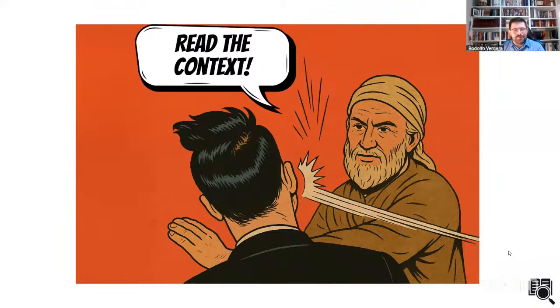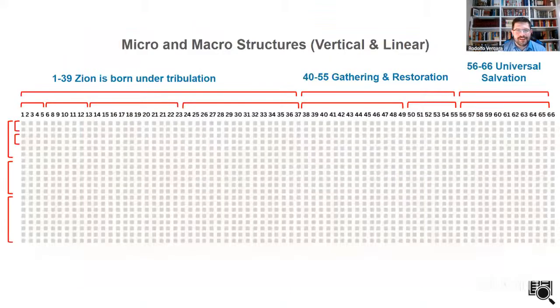So what we want to talk about now is context, and this is just a fun illustration. This is another key, to look at the micro and macro structures in Isaiah, because everything is linked together in a wonderful way. But you can see from a macro view, the bigger picture Rachel is mentioning, that you have the idea of travail at home.